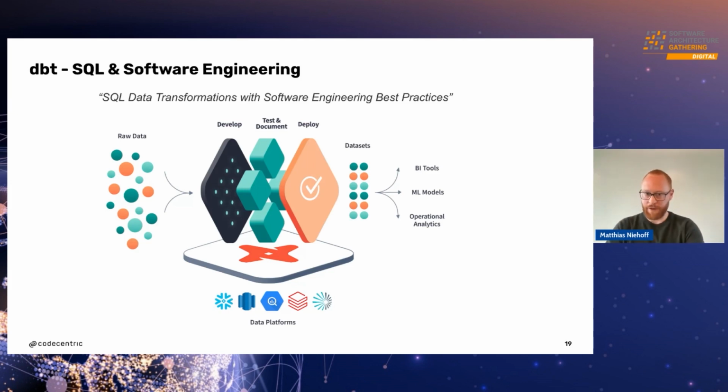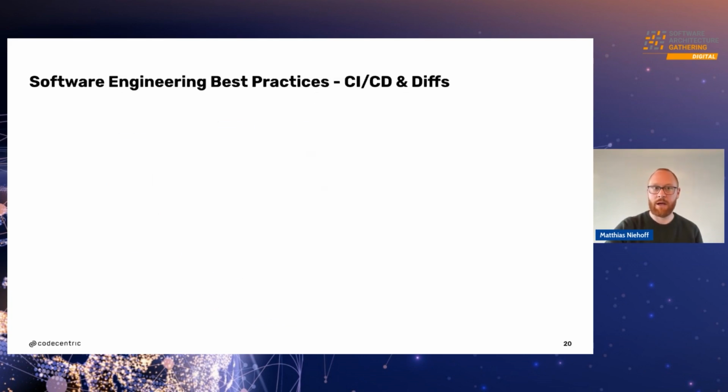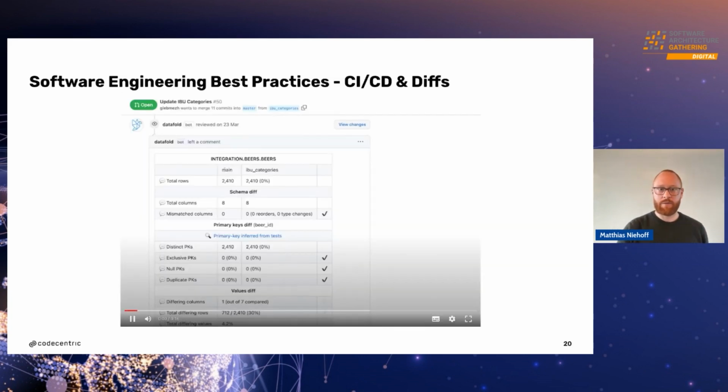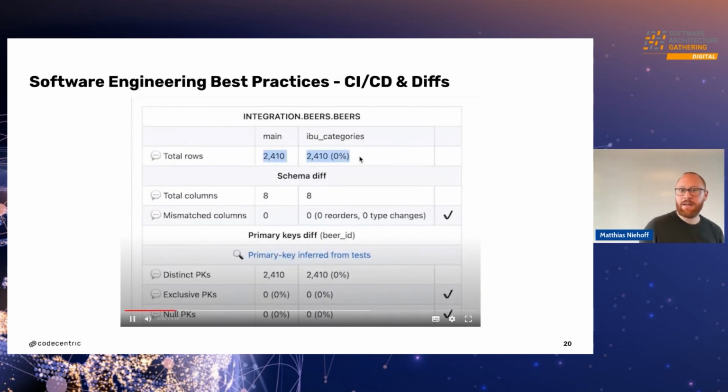One of the pretty famous tools here is dbt, which does the T in ELT, so it doesn't extract, it doesn't load, but it does all the transformations when you are in a data warehouse, in a data platform. You see down there, you have supported all the popular ones like RDS and Snowflake, but also things like Postgres and also Databricks, for example. So you actually have a layer on this. And you can do, here we've seen it, CI and CD and diffs on this.